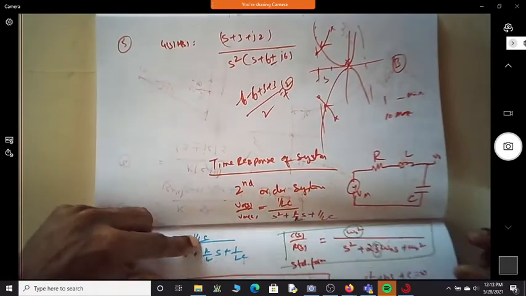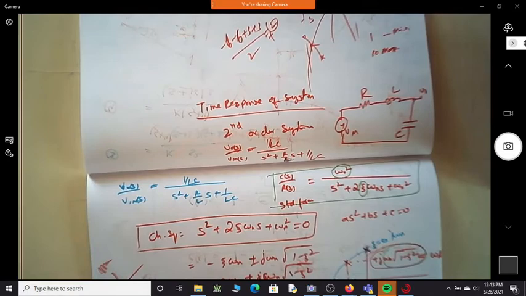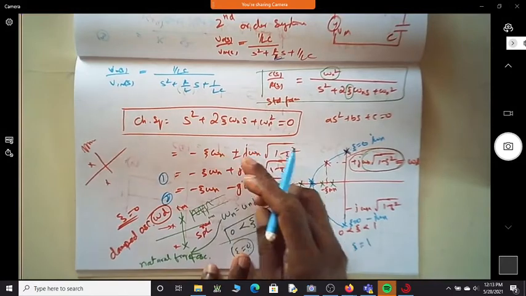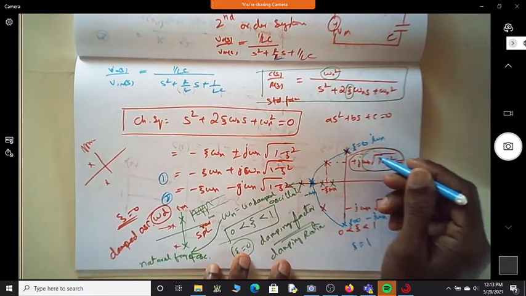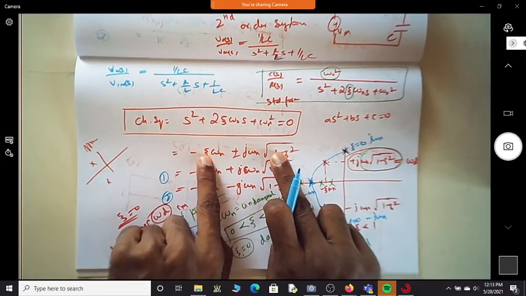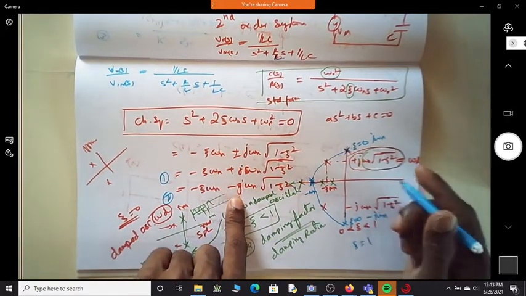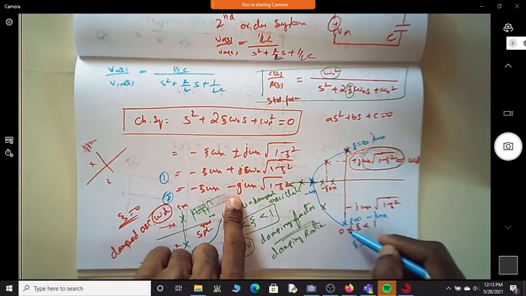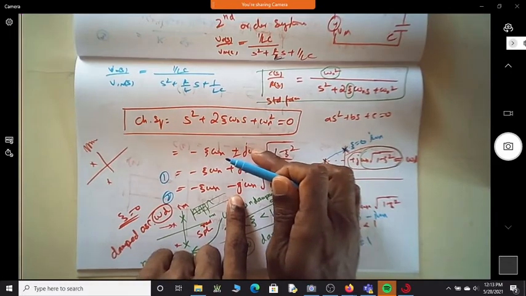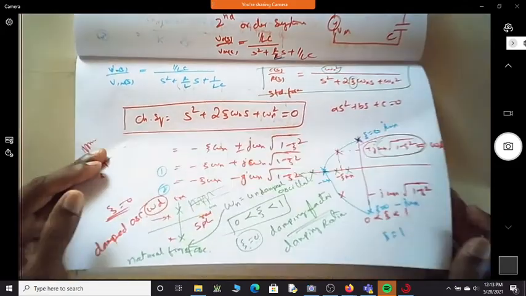We said that as the pole moves from one point to the other, as the value of zeta varies from 0 to 1, where will the poles be located? In this transfer function, if zeta is equal to 0, this term becomes 0 and this becomes just 1, so the roots will be plus or minus j omega. So when zeta is equal to 0, the poles will be at plus j omega and minus j omega. If zeta is equal to 1, this term goes off, and we have minus omega and minus omega as the two poles repeating at minus omega.